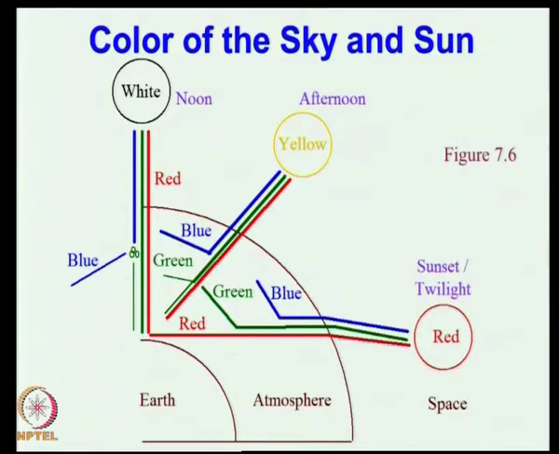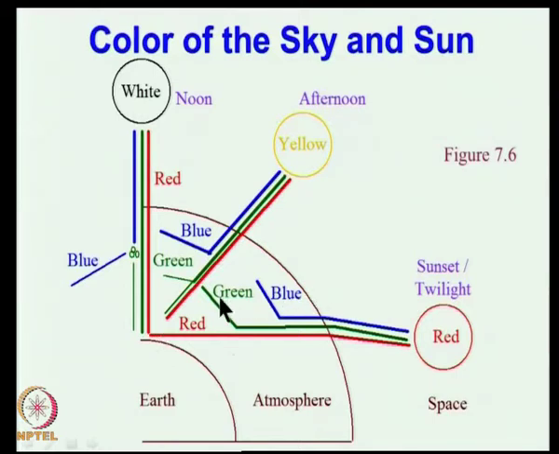Now, one more thing that we can explain from basic theory is why the sun is white at noon, somewhat yellow in the afternoon, and somewhat red in the evening. Essentially, at noon the path through which the rays are travelling is fairly short. As you go to the afternoon, the path increases, and more and more blue radiation is scattered out, that is the blue sky, but the remaining rays coming with the sun are richer in yellow than in blue, because blue is scattered out. And as you go past to the evening, the path length increases even further.